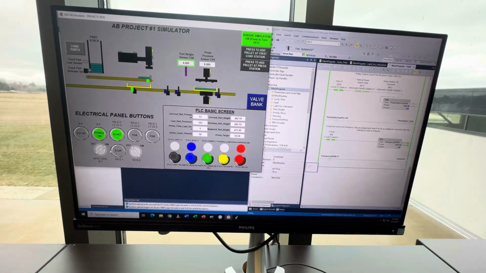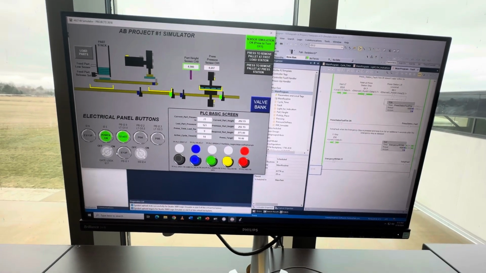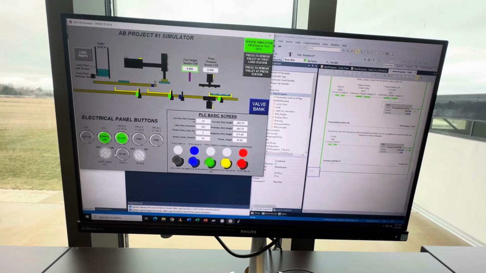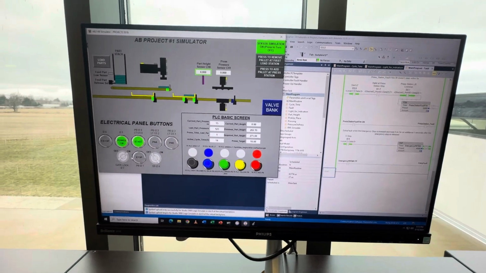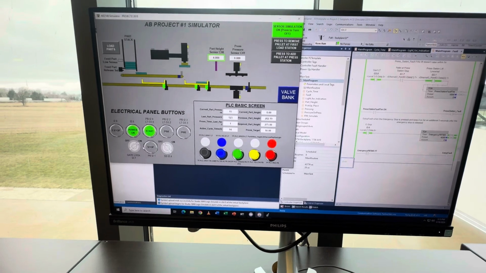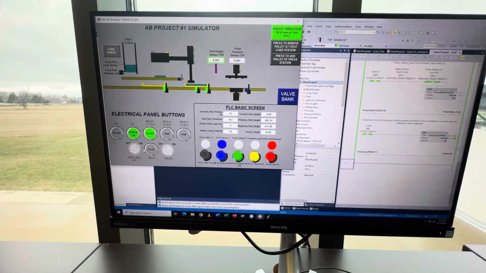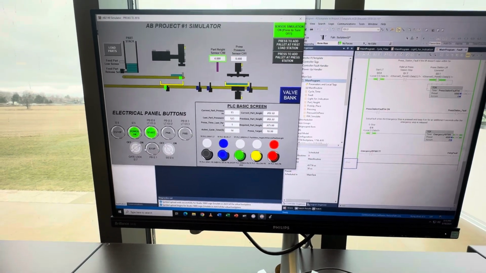Let's talk about our project number 2. In project number 2, we just added a number of features to project 1, so we can calculate a number of things. So first, when we start, when the part is released from the feed part, release solenoid and reach at the